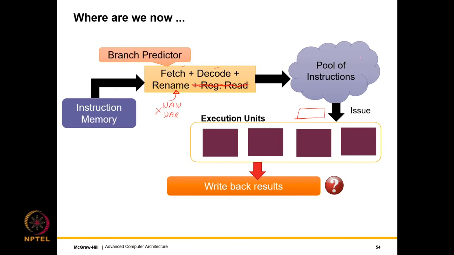And so then we create a large pool of instructions. So every cycle we find a set of ready instructions, so the operands are ready. And then these independent ready instructions are sent to the execution units, not one but several in parallel. The results are computed and then we write back the results to the register file. So this is kind of the design of a simple out of order processor as much as we have seen till now.